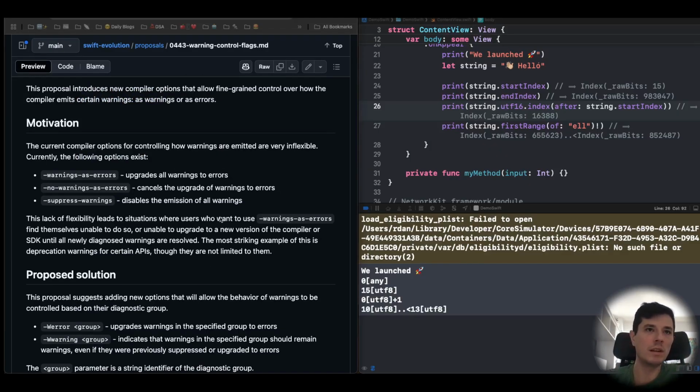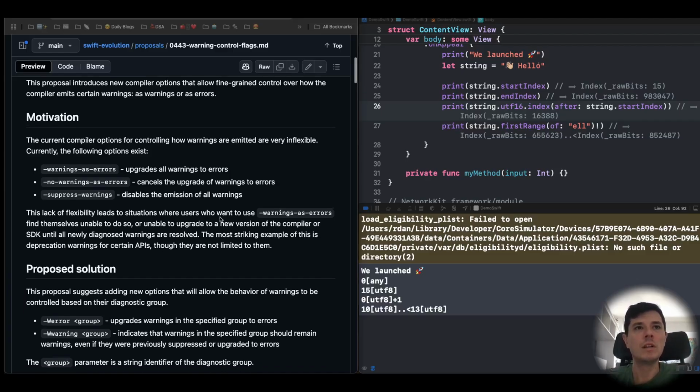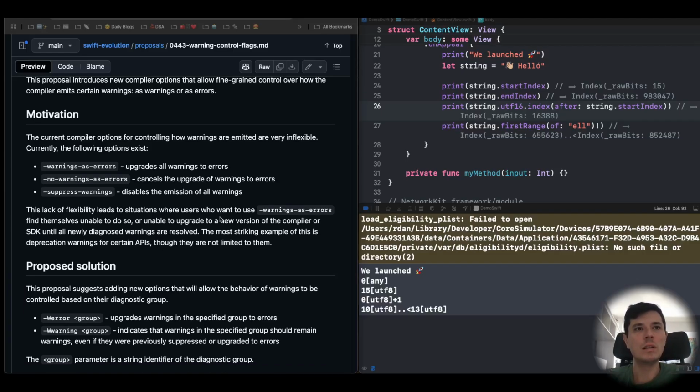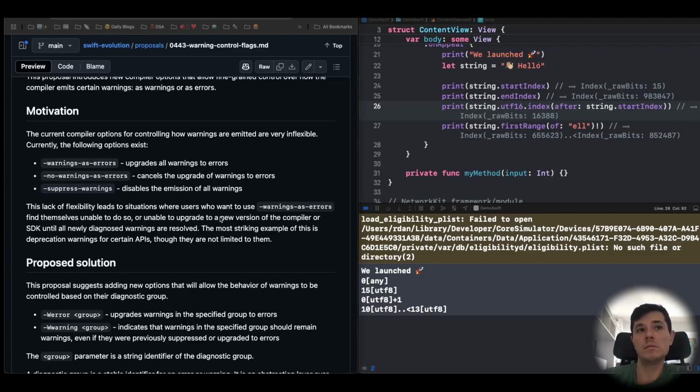You have 3 ways. You could treat all warnings as errors, you could silence the warnings, disabling the emission of all warnings, or cancel the upgrade of warnings to errors, which is